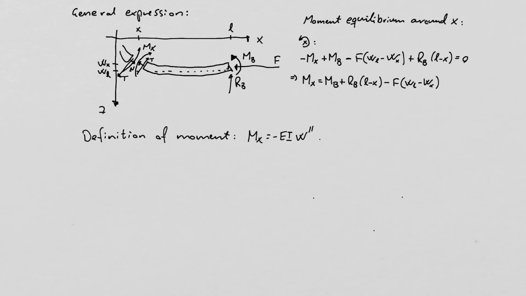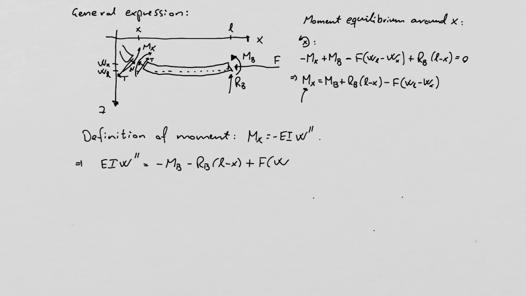And that means that we can insert that into this position. So we just reorder with the minus sign, and then we get EI W prime prime equal to minus MB, minus RB times (L minus X), plus F times W,